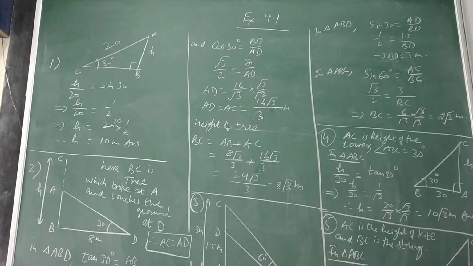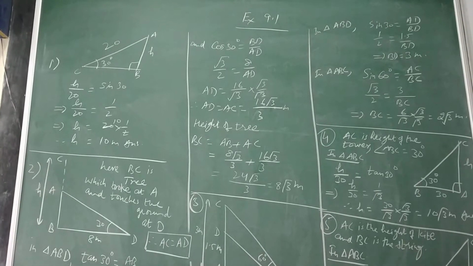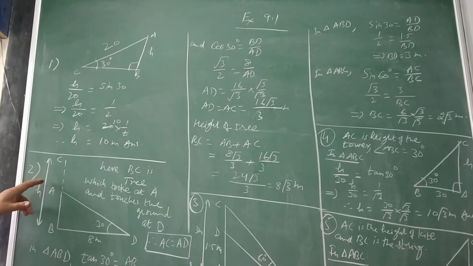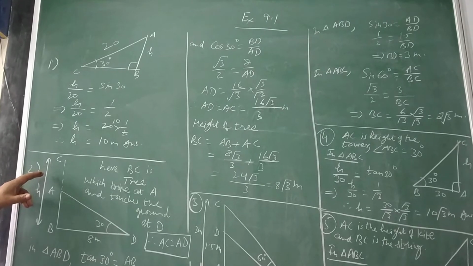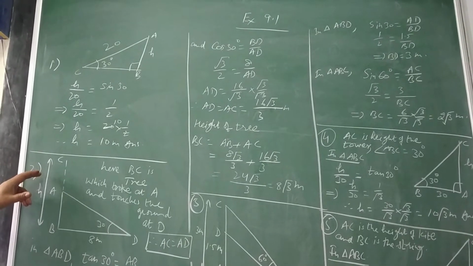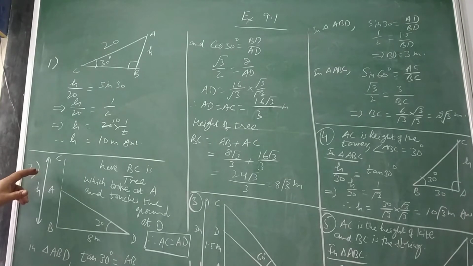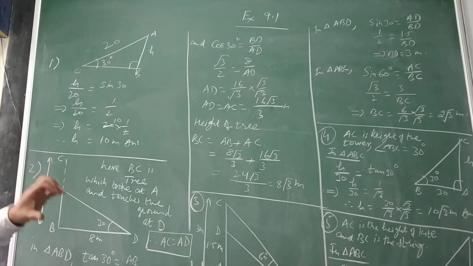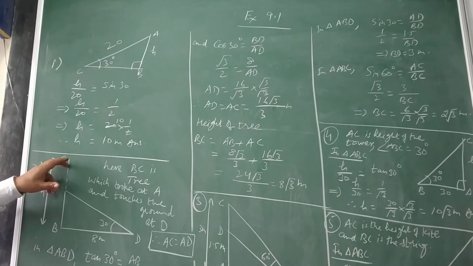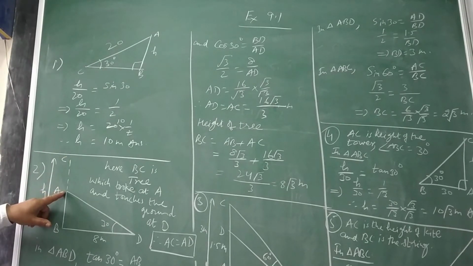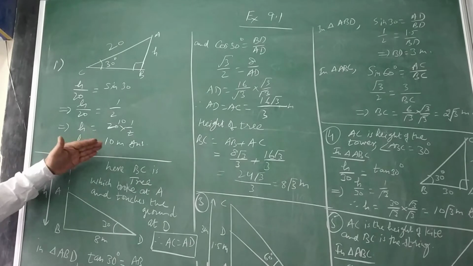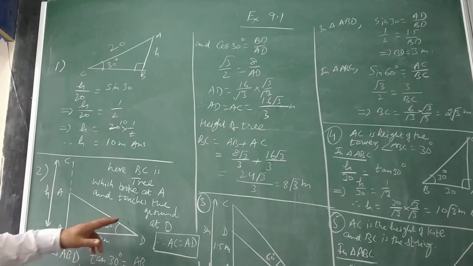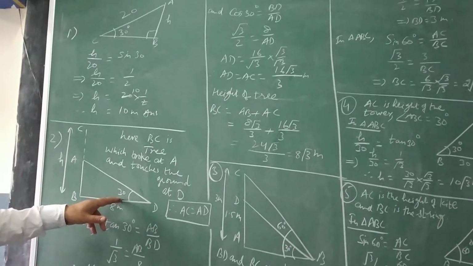Then the second question, that you did in class 7 also somewhere in the chapter of area. So here the situation is: a tree breaks due to a storm and the broken part bends so that the top of the tree touches the ground, making an angle of 30 degrees with it. I have written here the information you should always write. Suppose this BC is the tree which is broken at A. Now when it is broken, this part will get bent and touch the ground, suppose at D, where the angle is given equal to 30 degrees with respect to the ground.